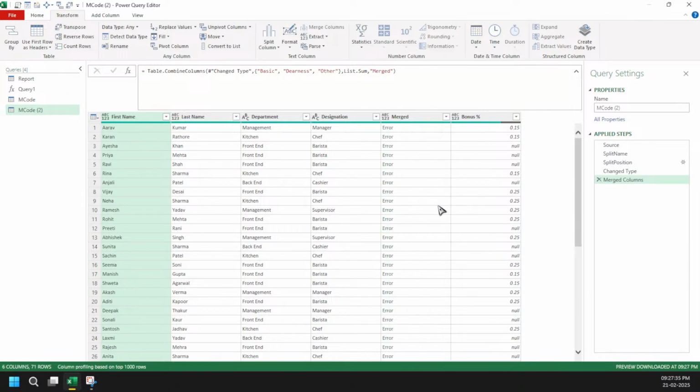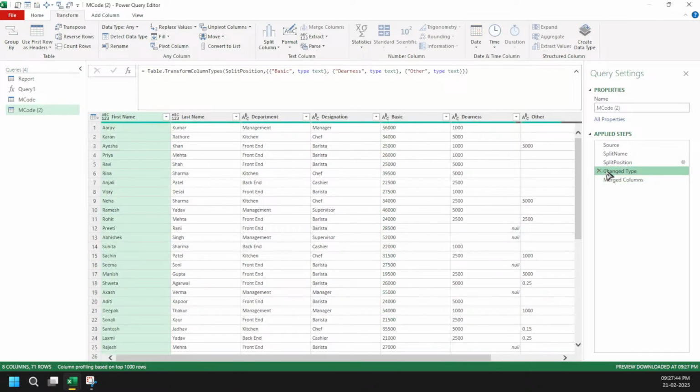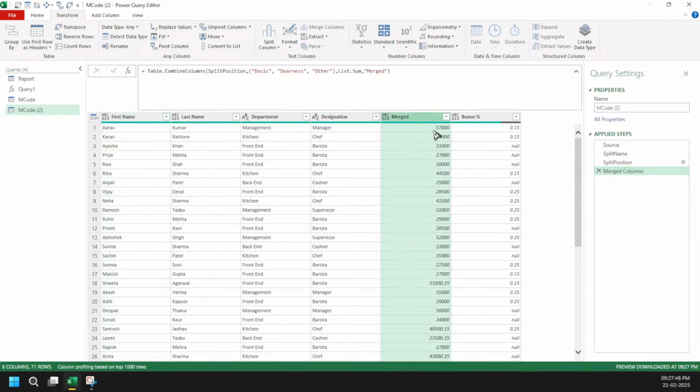The moment I do, I'm getting an error because Power Query is data sensitive. So what I can do here is come here and remove this part, right? Now you can see I have got the totals, right? So that's the way you can also use it.